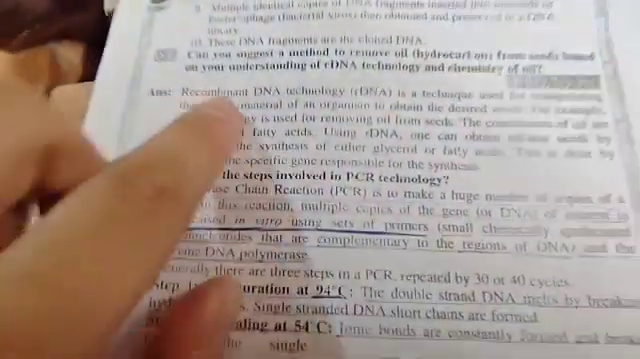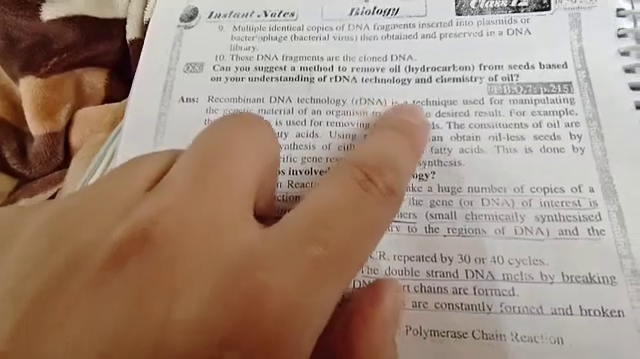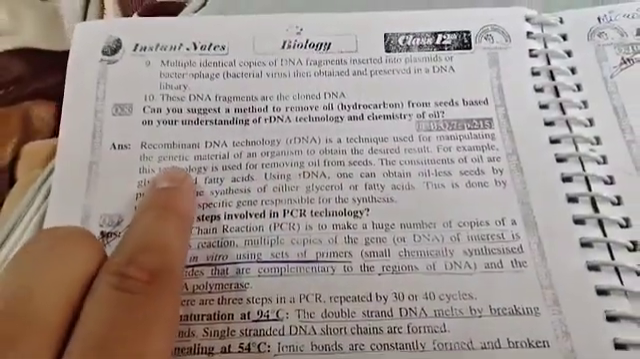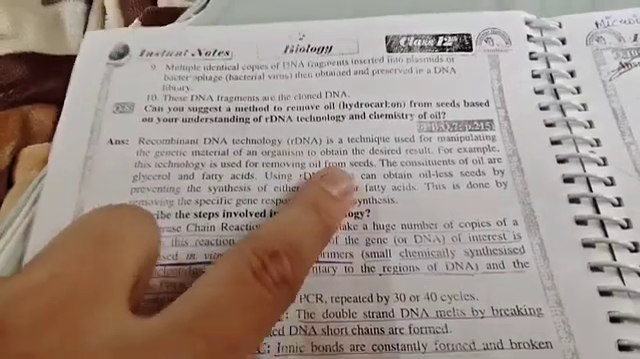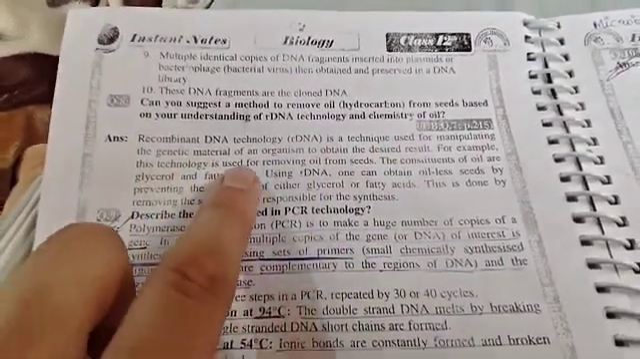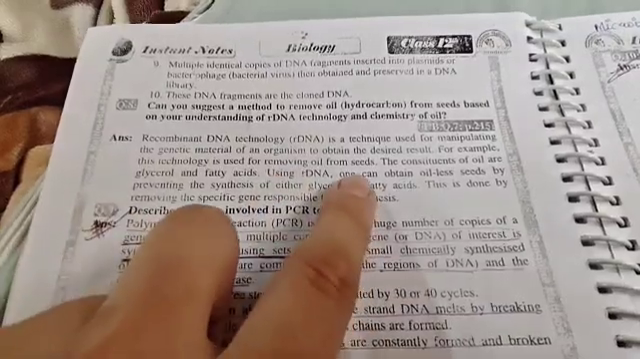Then we have the next question: can you suggest a method to remove oil hydrocarbon from seeds based on your understanding of rDNA technology and chemistry of oil? So, recombinant DNA technology, rDNA, is a technique used for manipulating the genetic material of an organism to obtain the desired result. For example, this technology is used for removing oil